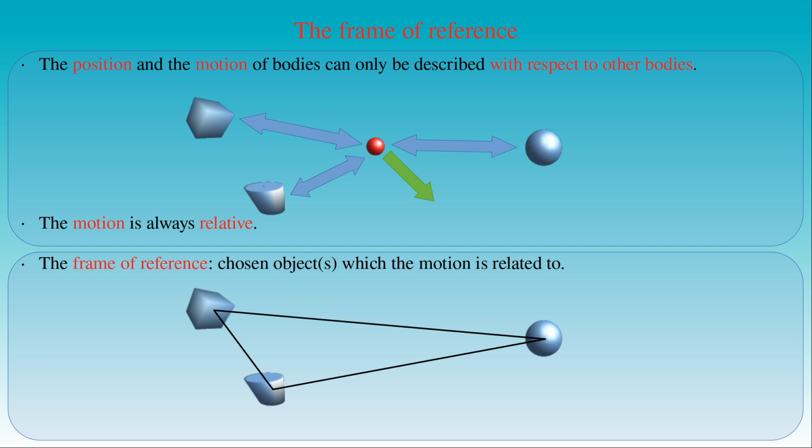The frame of reference can also be the laboratory where we carry out our experiments on the motion of bodies, a vehicle moving on or in the vicinity of the Earth, or the Earth herself, or any system of the fixed stars in the sky. Thus the choice of using any set of objects as a frame of reference is arbitrary, but it is practical to choose such a set of objects which allows us to have the simplest possible description of the motion we study. Let us discuss the concept of the frame of reference in more detail.